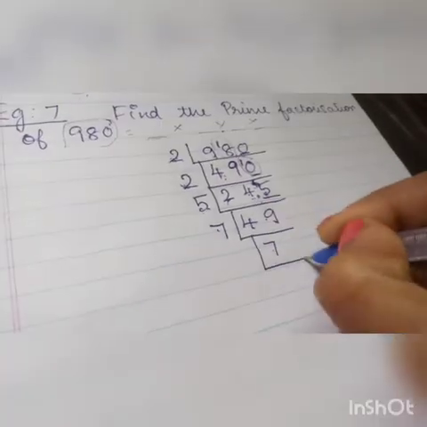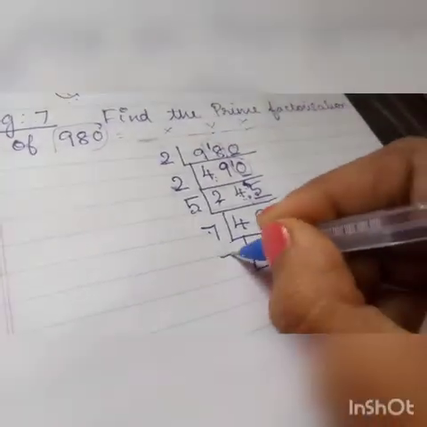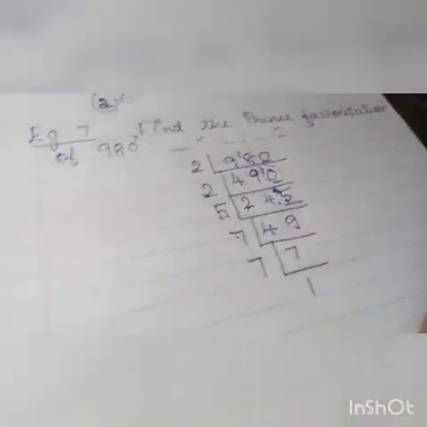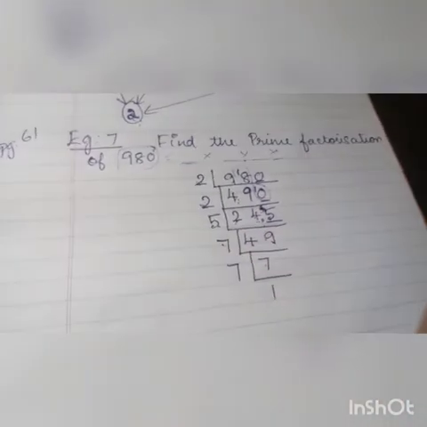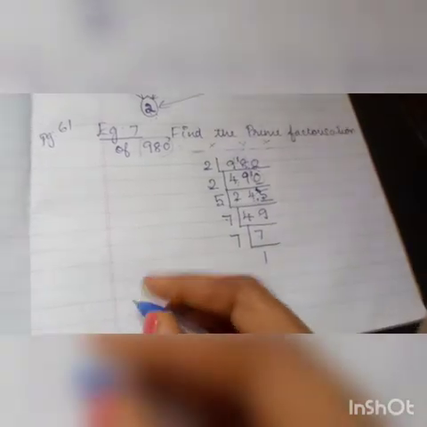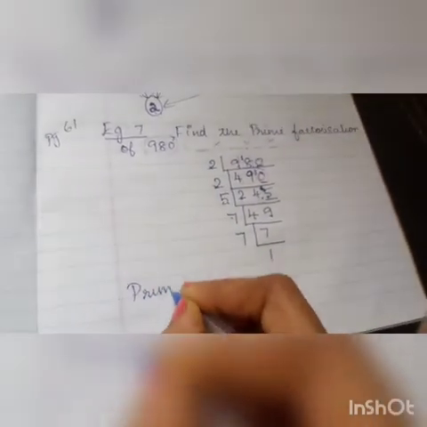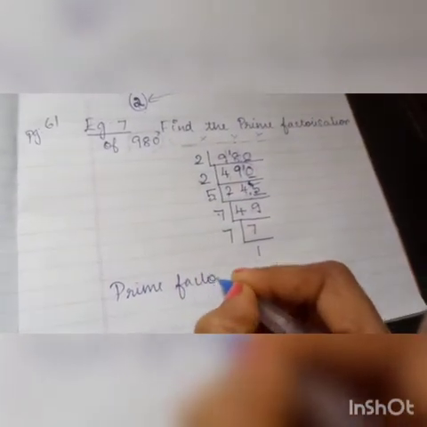Next, it is a prime number, right? So you can use the prime number. 7 1s are 7. Till 1 you should write it. Okay. Next, after writing the factorization like this, you should write the answer like this. Okay. Prime factorization